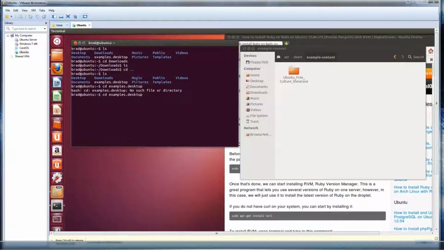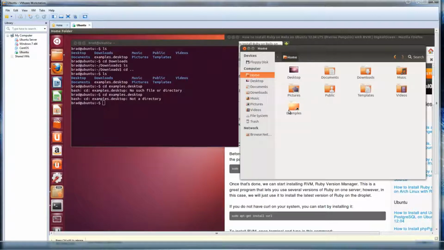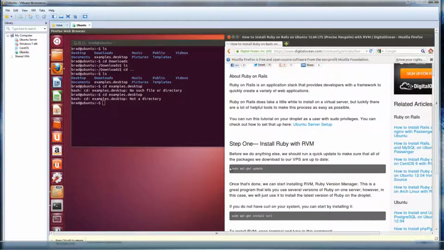Oh, and if you want to go to your last command, you just click the up key. It'll take you through what you've already done. And that's not a directory, it's a shortcut. You can see if we go in the GUI, which stands for Graphical User Interface, you'll see the examples folder has an arrow. It's a shortcut, so we can't just treat it like a regular folder. But you do need to know basic commands like how you list the files and change directories. But for the most part, we're not going to be doing much more aside from using RVM and using